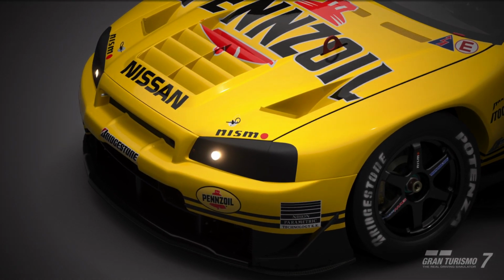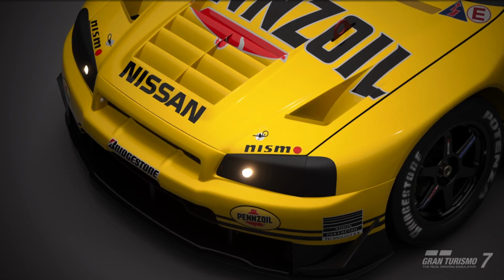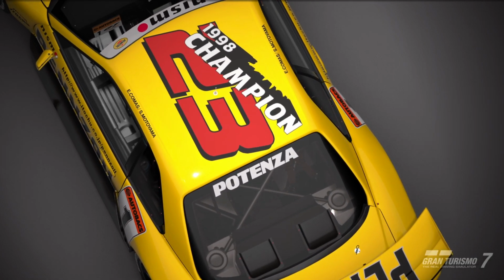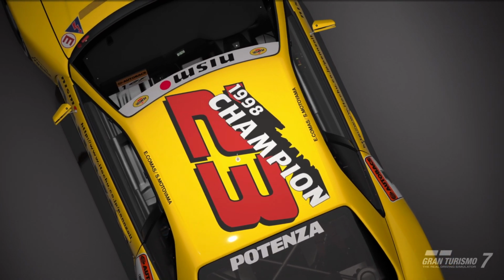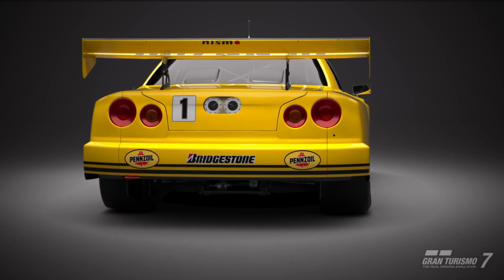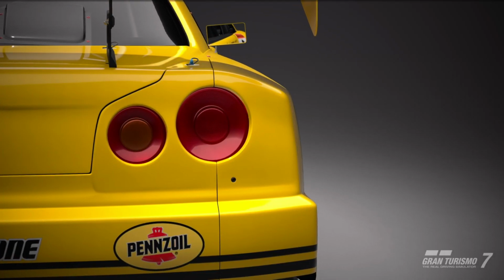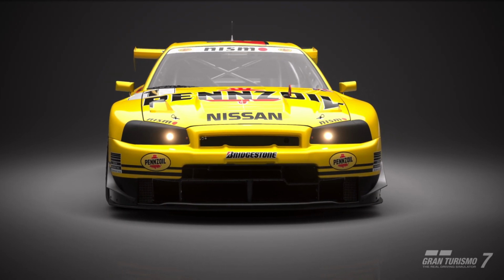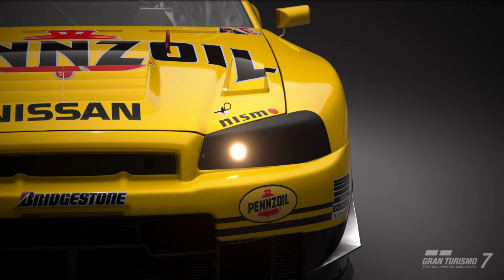This time I'm doing my updated reviews for the JGTC Legends, the first of which came out the other day, being the Tom's Castrol Supra, a Gran Turismo icon. Now we're going to turn our attention to the R34 Pennzoil GTR, from the 1999 season to be exact, and there's a bit of a weirdness to this